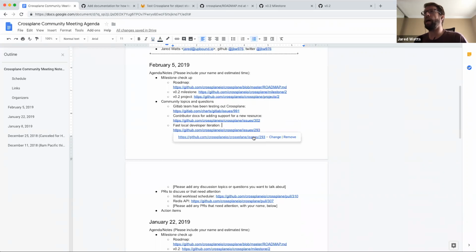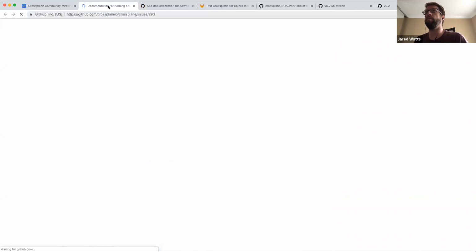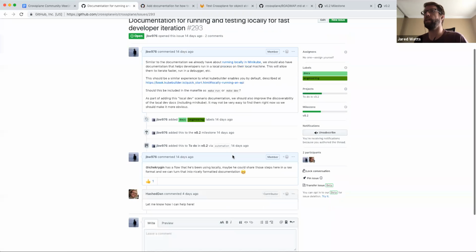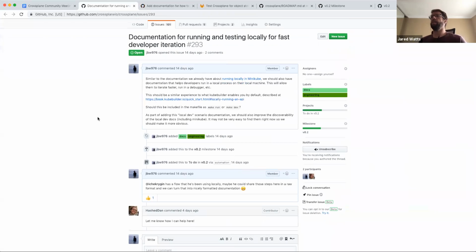All right, another issue that I was interested in that I don't have insight into, I think Ilya does, is about being able to iterate more quickly as a developer on the project. What I've still been doing to this day is running Crossplane in Minikube with the Helm chart that I build locally, and that works fairly well.